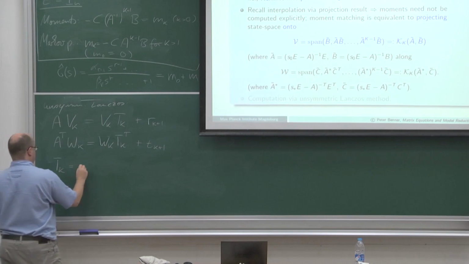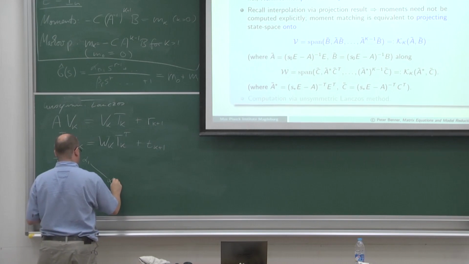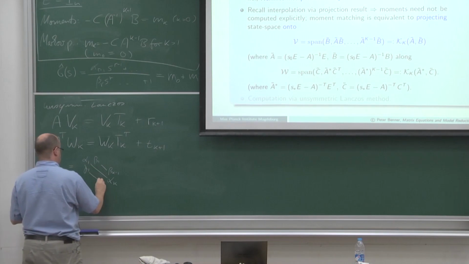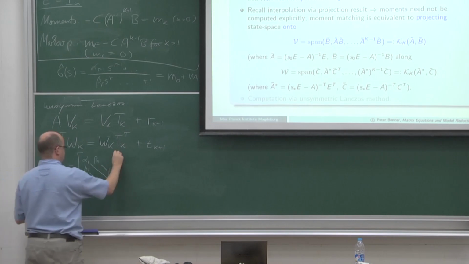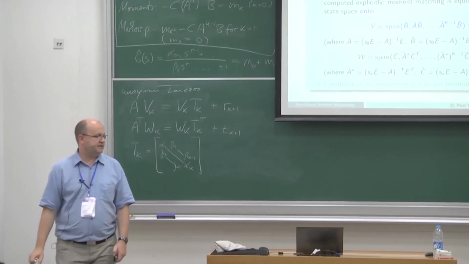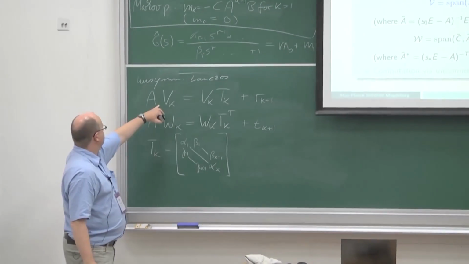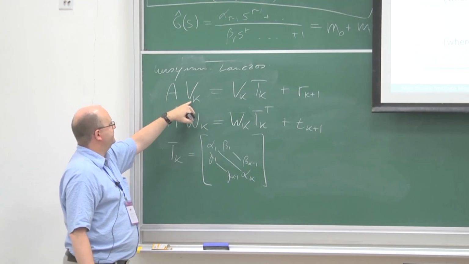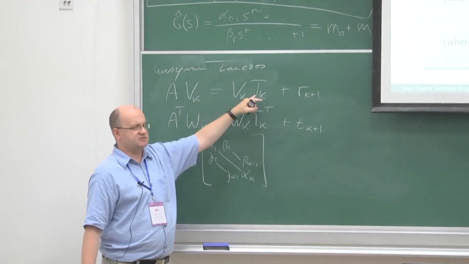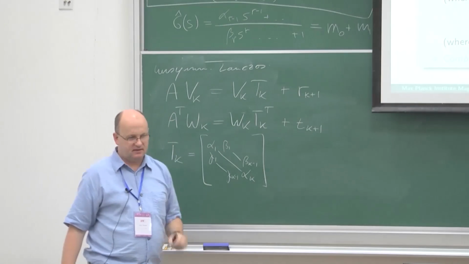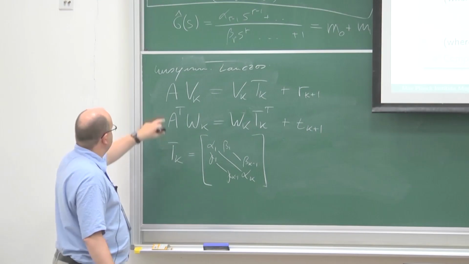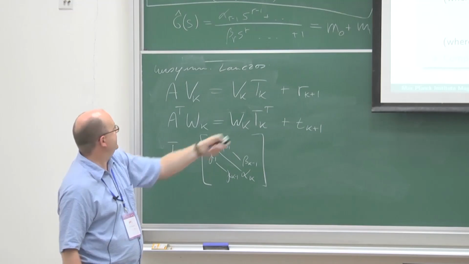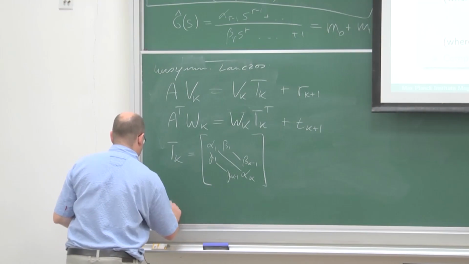T_k is a tridiagonal matrix which is non-symmetric, and you do it in the typical Lanczos or Arnoldi fashion. You can derive the algorithm by comparing columns one by one in these two equations and then write down the equations to derive the algorithm. And what you build up here is the projection subspace V, this one. If you choose, say in the single input, single output case,